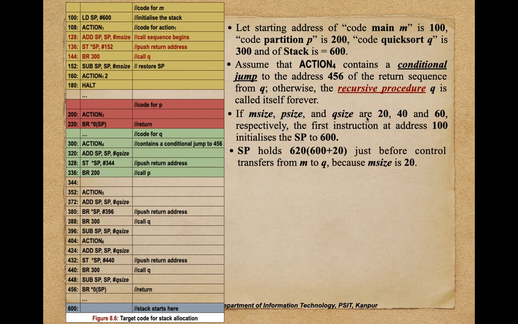क्विक Q stands for quick sort. If M size, P size, quick Q size are 20, 40 and 60, तो M साइज आपका मेन फंक्शन मान लीजिए 20 है, P साइज में पार्टीशन फंक्शन मान लीजिए इसकी साइज है 40, Q साइज मतलब क्विक सॉर्ट की जो साइज है वो है मान लीजिए 60, है ना।